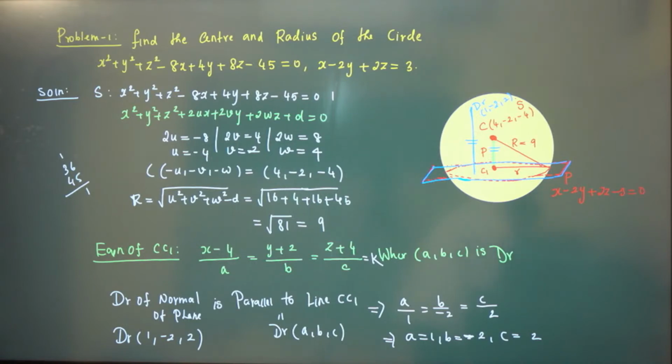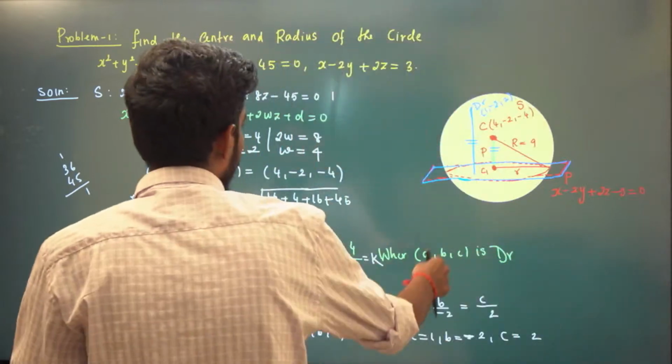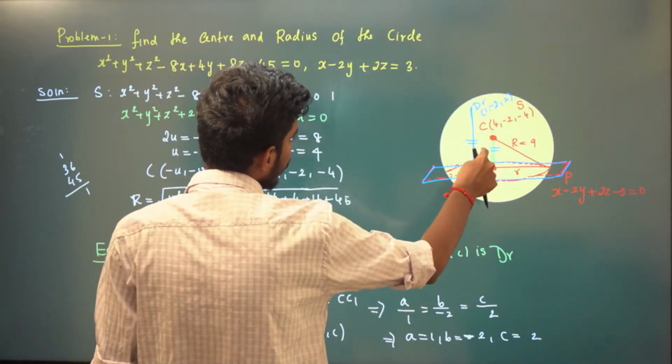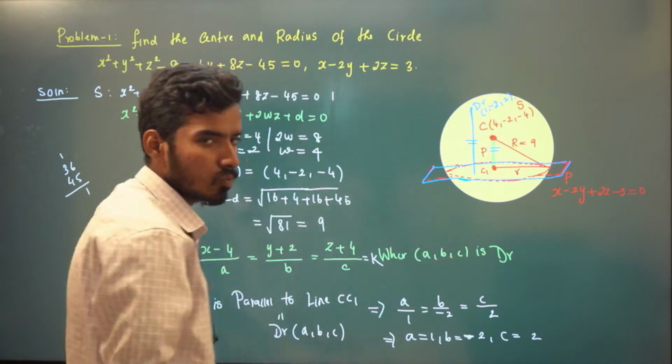how that circle is formed is we are sectioning that sphere by a plane. So C1 is the point that we need to find. Radius we can find by Pythagoras theorem, or you can also find P by distance formula also. So whatever you can do,